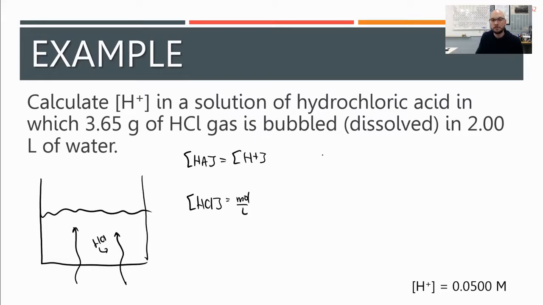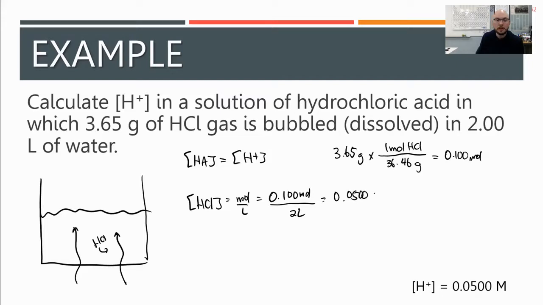3.65 grams into moles by taking our given mass, multiplying it by 1 mole of HCl is 35.45 plus 1.01. Sorry, 36.46, really stumbled on that one, which is equal to 3.65 divided by 36.46, equals 0.100 mole. So then we're going to take 0.100 mole divided by our 2 liters, which gives us